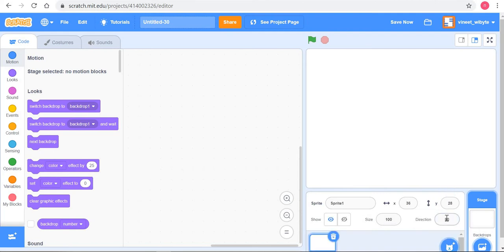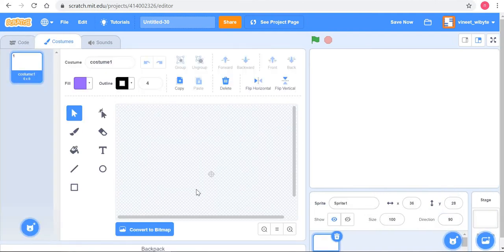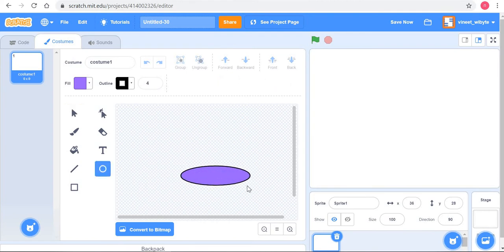I'll paint a sprite, which is very simple. Let's say it looks like an oval, right? So for example, let's say an oval like this, and I'll just center it nicely. Let's say this sprite, and maybe I can make it a little bit smaller, right? So I want to, let's say, place this sprite in a regular grid, right?